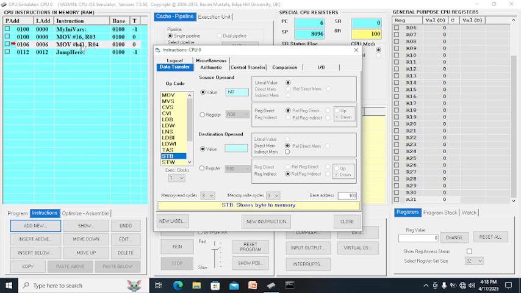Store the value of R04 to 16, which is the memory address. Meaning store letter A to memory address 16. That's why store R04 into R03.